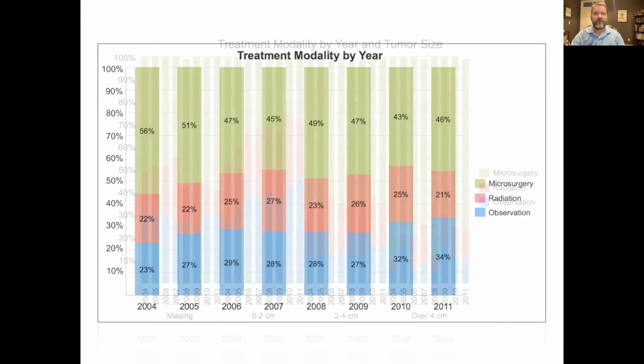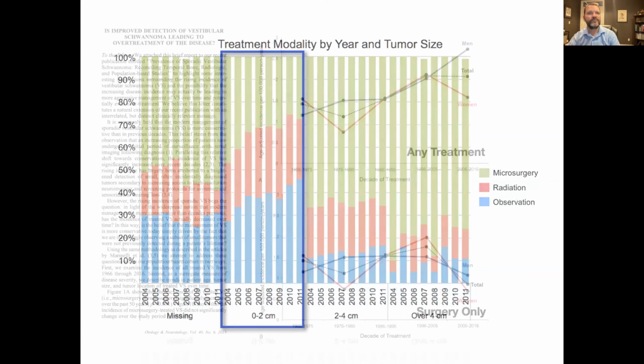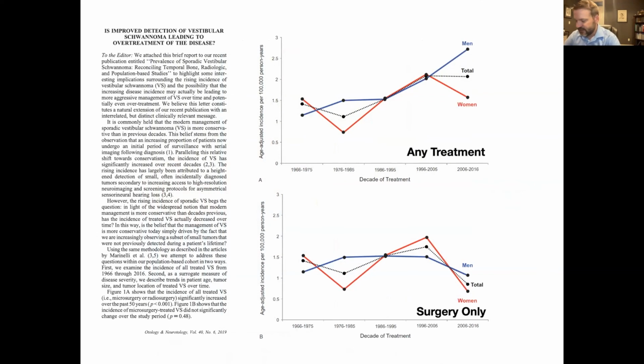The larger the tumor, the more likely you are to recommend microsurgery. This is an interesting paradox that I think is worth mentioning also. So in our field, we tend to pat ourselves on the back to say we've become more conservative over time. We've realized we don't need to treat all these tumors because not all of them grow, or at least not all of them grow to a clinically significant level right away. But if you take the number of tumors that have been treated per population, so you could call it the incidence of a treatment,